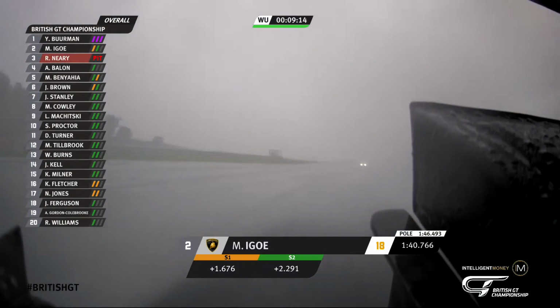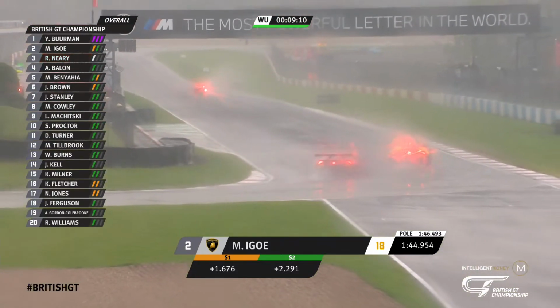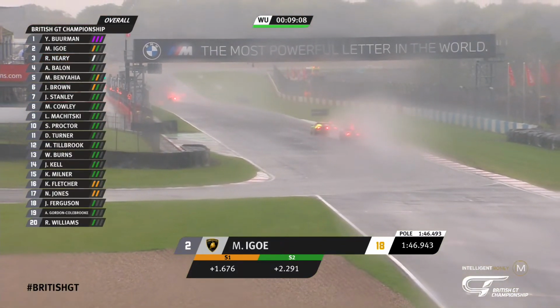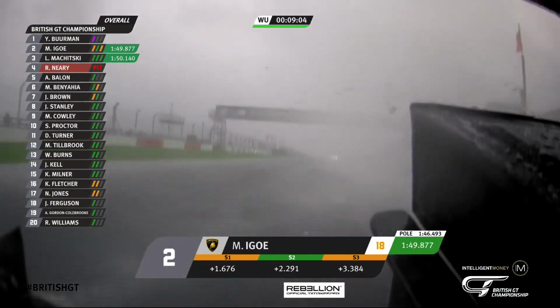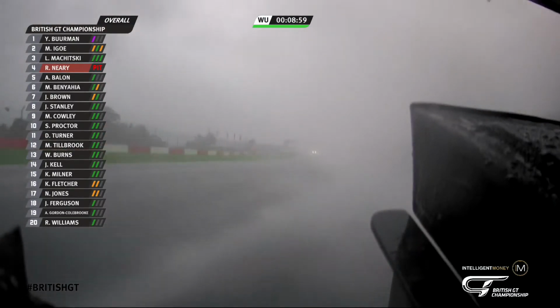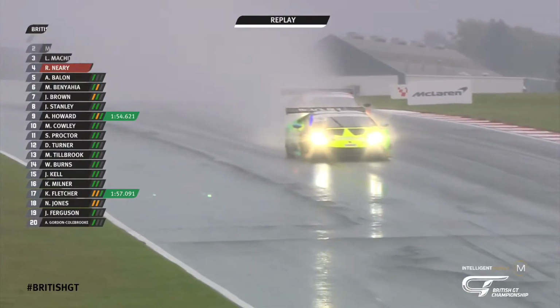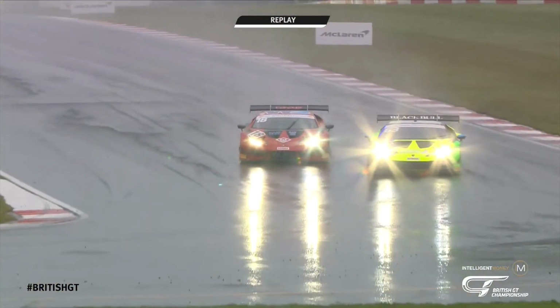I'm going to guess it's Machitsky in the 63. Yes, it is. So both of those teams, interestingly, sticking their AM driver in first, which is sort of going against the grain when you look at what some of the other teams do. Yeah, I'd say they're really the only two GT3 cars doing that. They're probably the most experienced with their cars and the conditions, so maybe they're happy with their wet setup. So yeah, as you said, Machitsky on the outside, Igoe makes a move to the inside, and